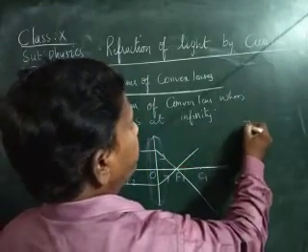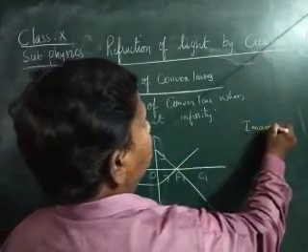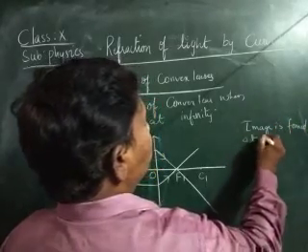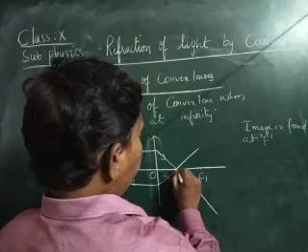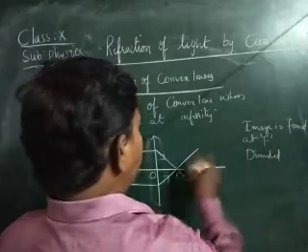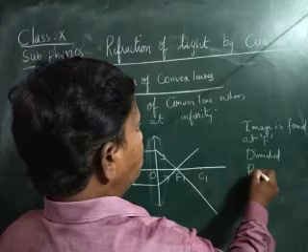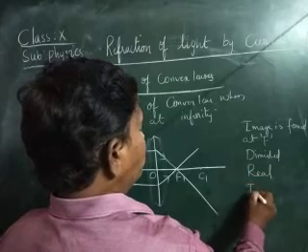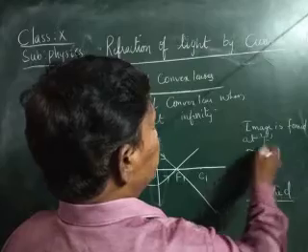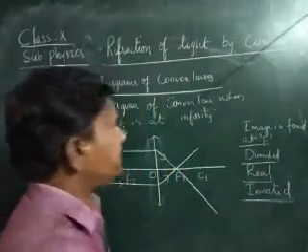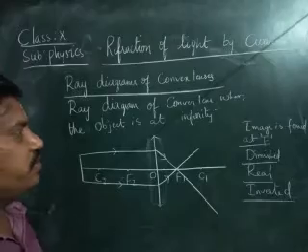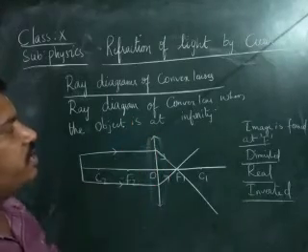The image is formed at F. Diminished. Here image is formed on the screen. It is a real image. It is an inverted image. Properties are also the same, children. These characteristics are the same as for the concave lens. Only the figure is changing. Remaining all are the same.